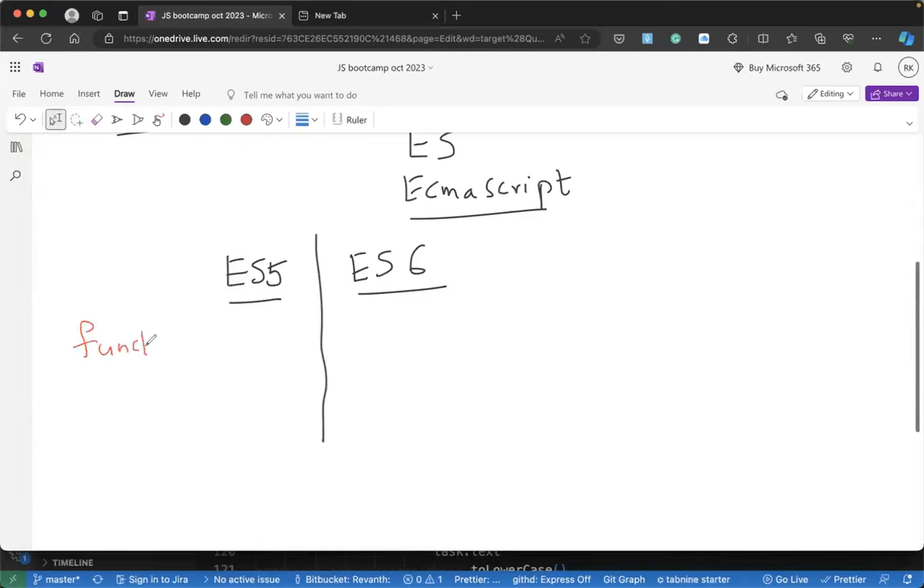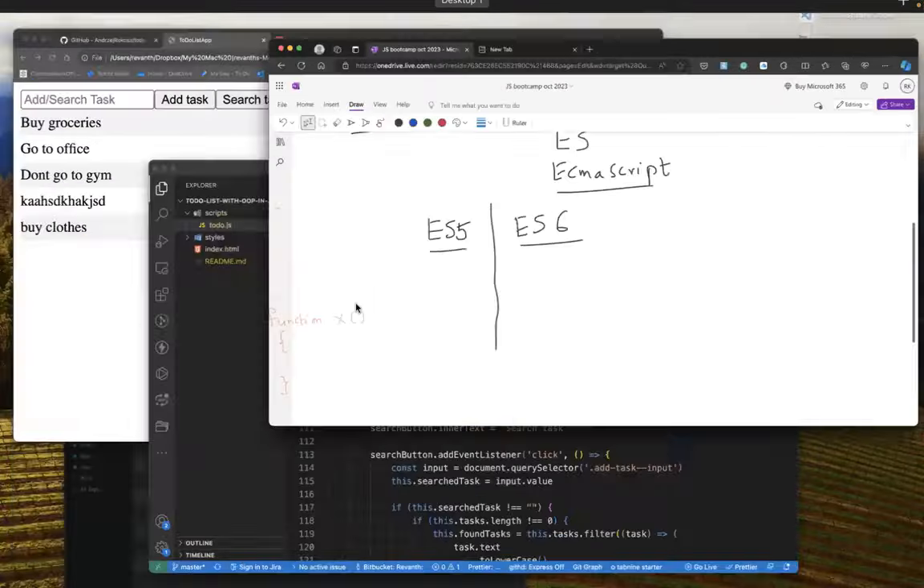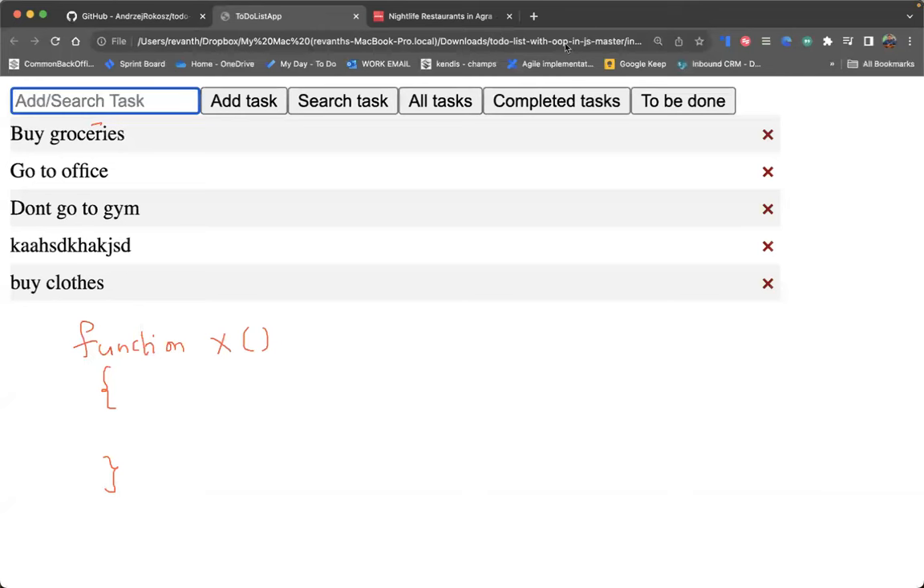In ES5, you normally write a function like this: function X, and then some braces. That's it, as simple as that. If you want to have parameters, you might write X of something. Wait a second, let me just write it here. Your function could have some parameters inside this. Let's say X is having Y and Z as parameters. So what ECMAScript changed here is that in ES6,